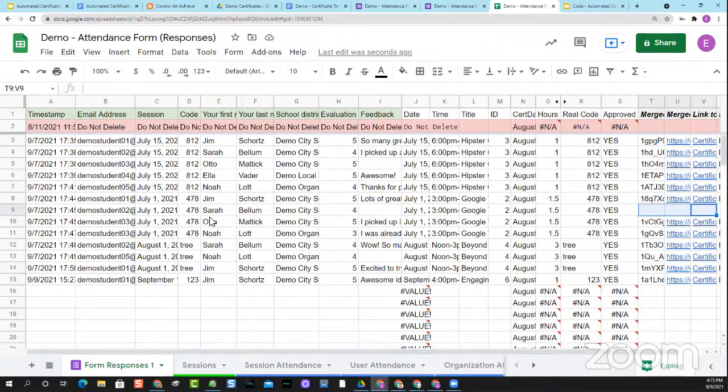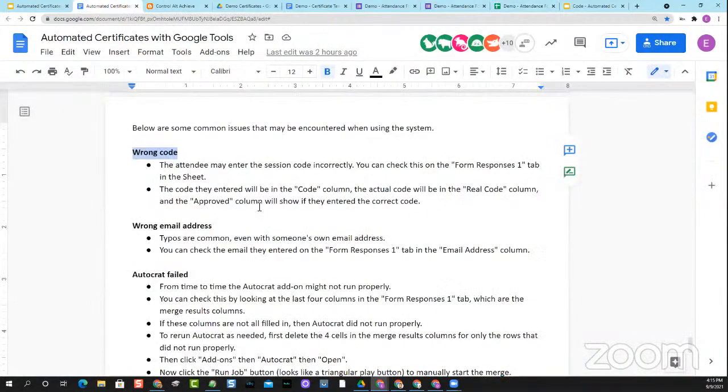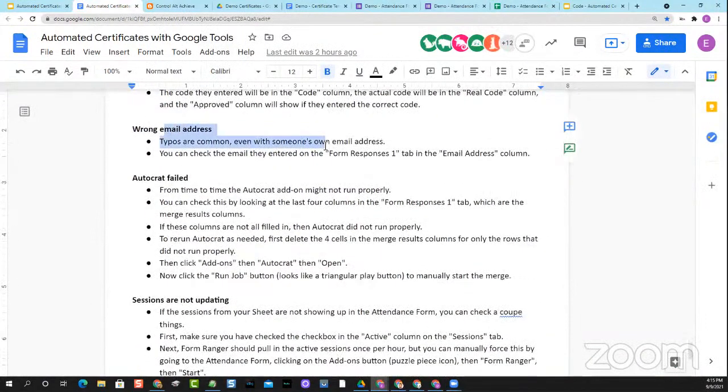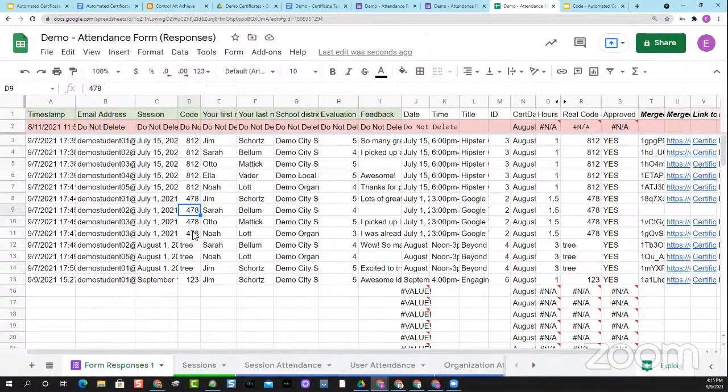But the point is you could go in and fix it for them if you needed to. What other common mistakes? Yeah, wrong email address. I guarantee you it's going to happen. Even though it's the person's own personal email address, somebody's going to say, I swear I filled out the form. I didn't get anything. Well, go in